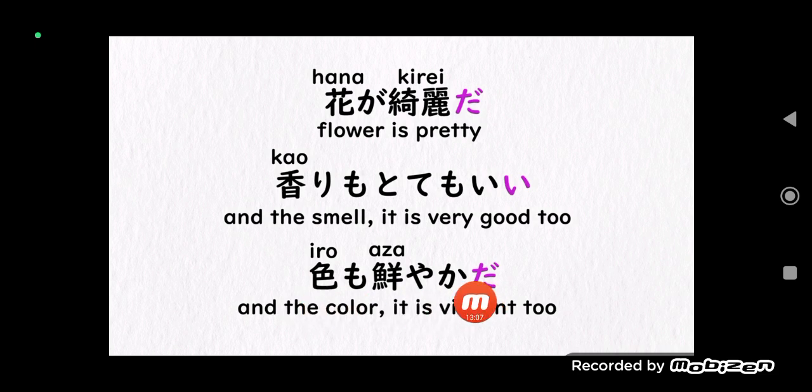Iro mo azayaka da. So this is the third mini sentence. And the color, it is vibrant too. So again, what do we use? The te form. How do we make this a compound? Combine these three mini sentences into just one compound sentence. We use the te form and the de. So the function of de, it will replace the da, and then you will put the te form for this